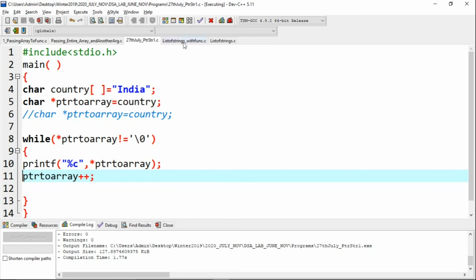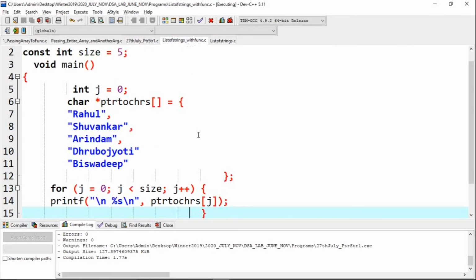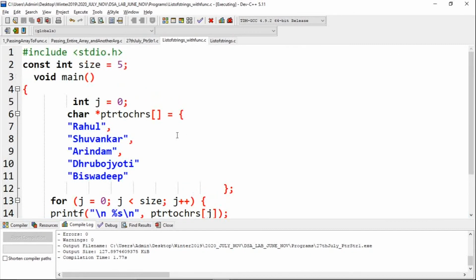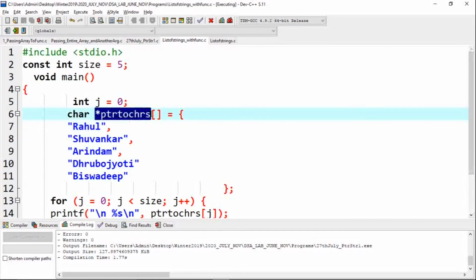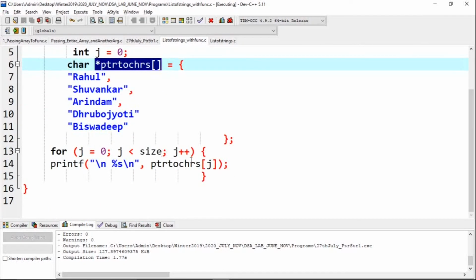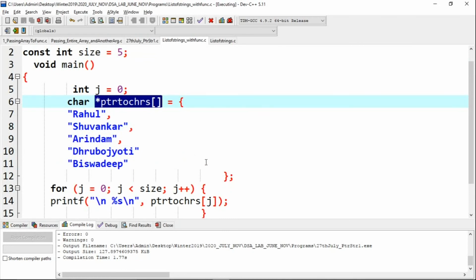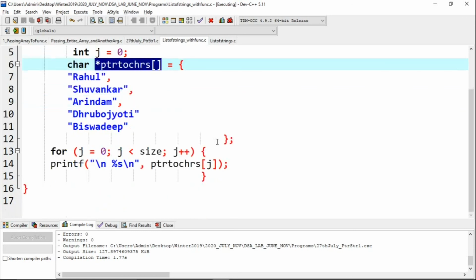Also, you can try multiple strings using a pointer character array. Multiple strings you can access using a pointer array, and then pass it to a function using memory references. That means using a pointer, pass a 1D array which contains multiple strings to a function. That also you can try.